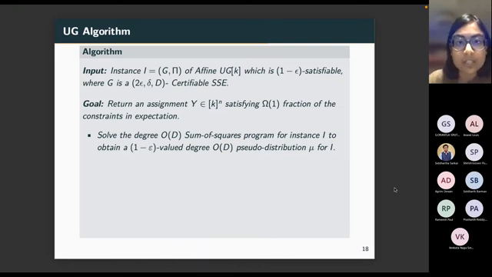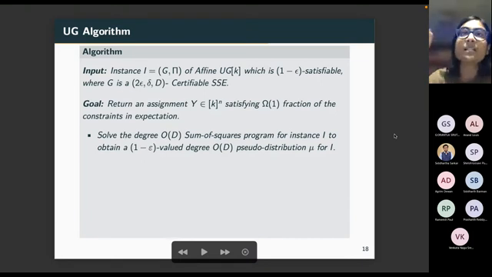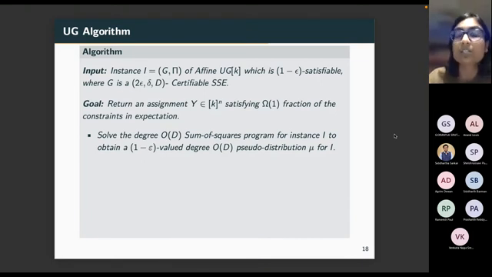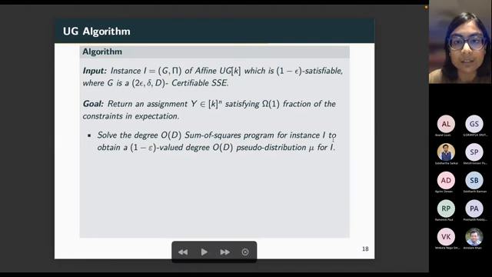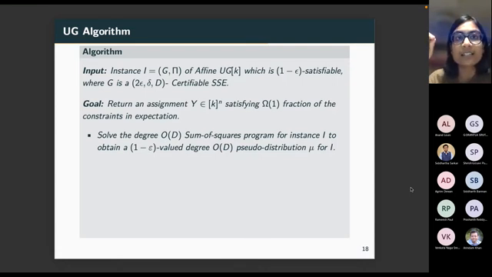Given an instance I which is 1 minus epsilon satisfiable, there will be many solutions for I which are 1 minus epsilon satisfiable. What we obtain after writing the relaxation is a distribution over these assignments, and we are given the guarantee that each of these assignments has good value, each is 1 minus epsilon valued. Obviously, if we were given a distribution over the assignments, our algorithm could just sample an assignment from the distribution. But the hard part is that